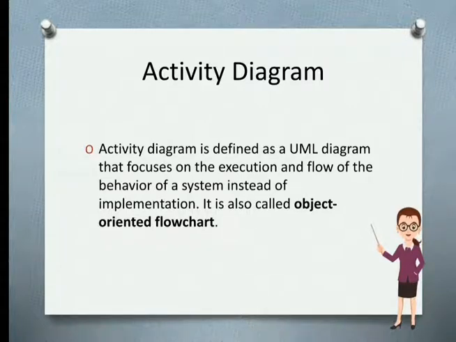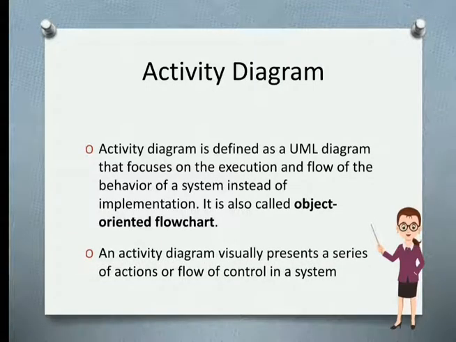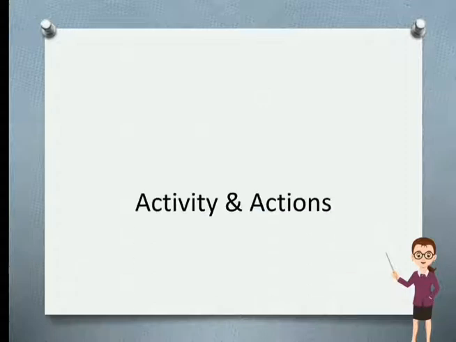So interaction of the system is represented by activity diagram. In object oriented modeling and design, activity diagram is called an object oriented flowchart. Graphically, the activity diagram is nothing but a collection of nodes and arcs. In the activity diagram, activity visually represents a series of actions or flow of control in the system. So the sequential actions that your system is going to perform are represented with the help of activity diagram. Again, activity diagram consists of different parts, or to draw an activity diagram, different notations are used.